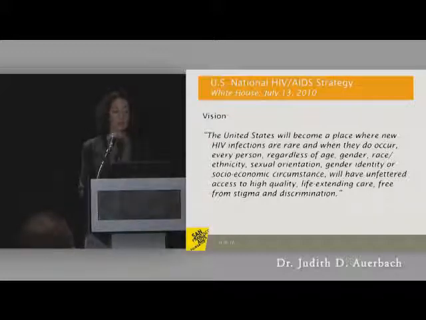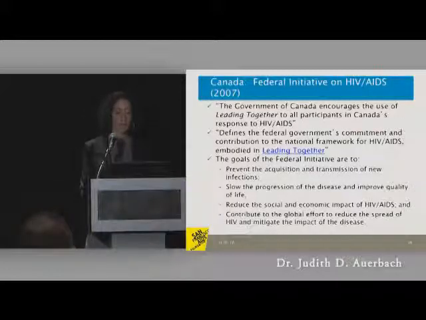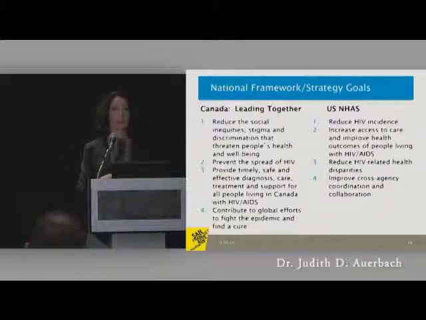I looked at the federal initiative and, again, trying to ascertain which one is really the operative plan or strategy here. And I guess their point was to say we work in concert and we encourage everyone to think of the Leading Together as the national framework and identified 4 goals, which are pretty much what appears in the Leading Together and the U.S. National AIDS Strategy. So here again, my comparative point is to say that both plans have a vision. They have goals that are very close to each other: reducing new infections, ensuring access to care, and better health outcomes, which is less stated in the Leading Together but is in the federal initiative.